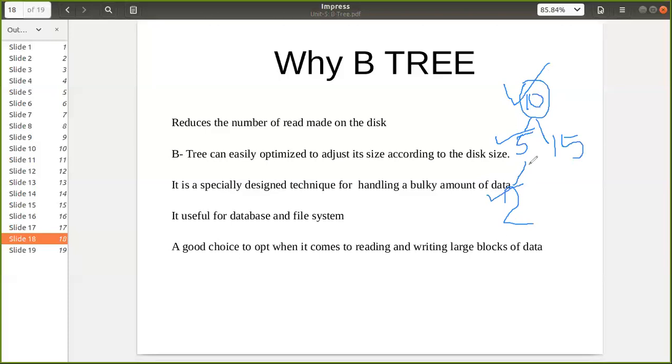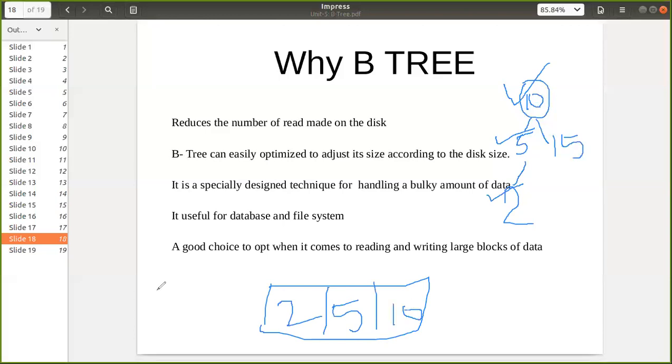Okay, so as we know, read time is more than the processing time. So the basic concept in the B tree is that we are reducing the number of read operations. In the case of a B tree, it might be that all the elements are present in a single node, and that single node will be residing on the disk in a single block.